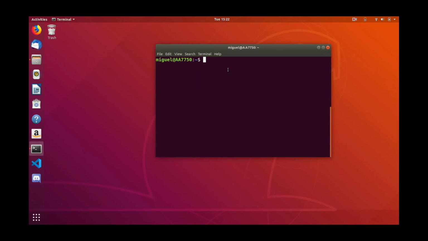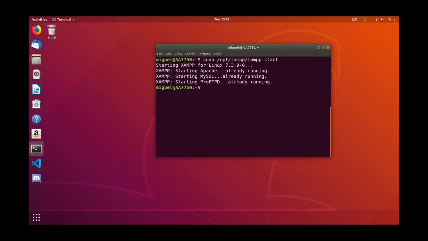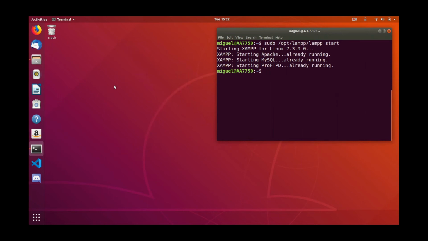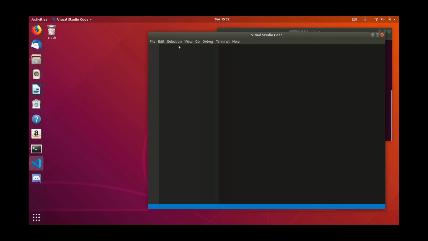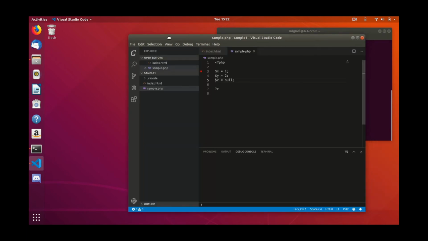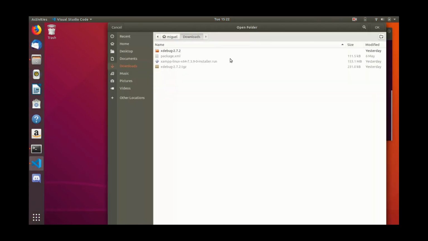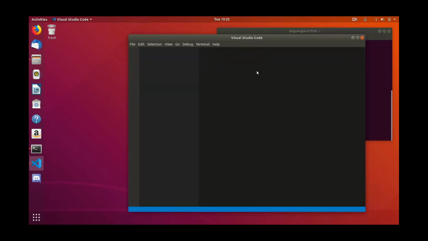So I'll do that by doing sudo opt lamp start, and well, I guess it's already running for me, but just make sure that lamp is starting or started, it's running, and we can open up Visual Studio Code. And let's just say that it didn't open up to your last project, or you're working on other projects and you want to get back to one other project. So let's say right now it's in the downloads folder. I don't know why you'd be in there, but